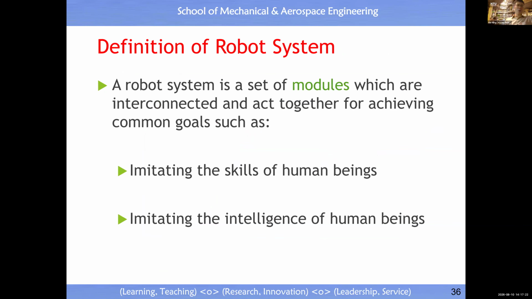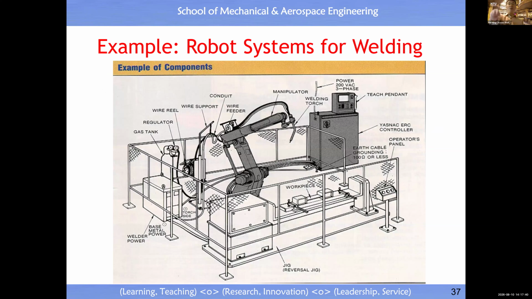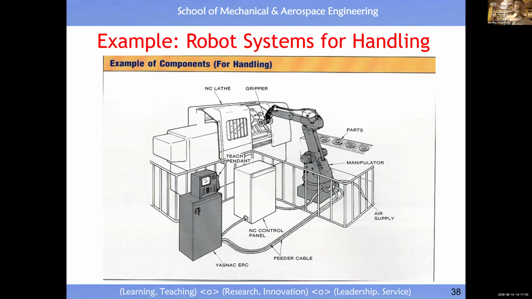Then all the concepts in the previous slide apply to robot. Robot is a special system, right? So robot has a lot of modules, right? They interconnect together, work together, right? Try to imitate human-like skill, human-like intelligence, right? Okay, then welding requires a human being to do welding. Then we can have a robotic arm to imitate human-like welding behavior, and the human being also can do the loading, unloading of machine part into CNC machine. We can also use robot arm to do the similar